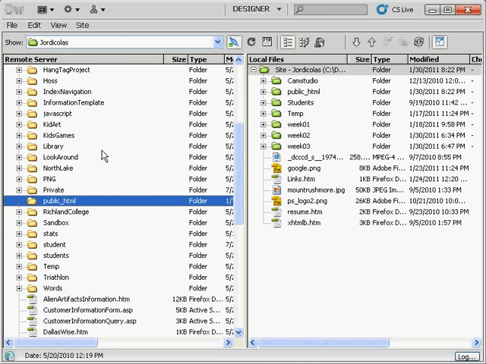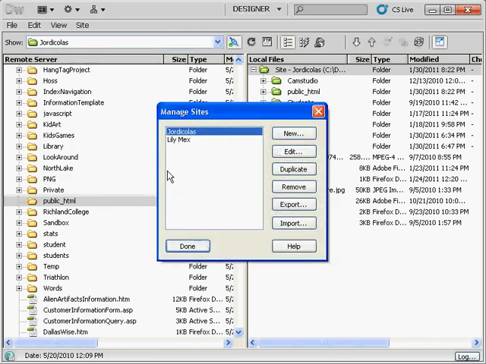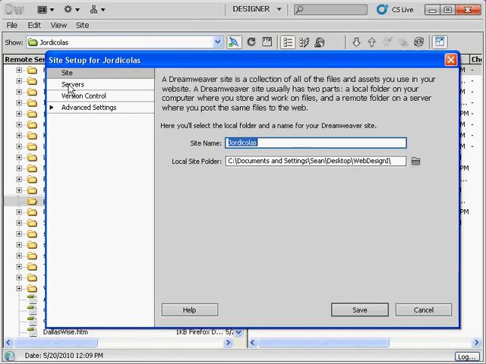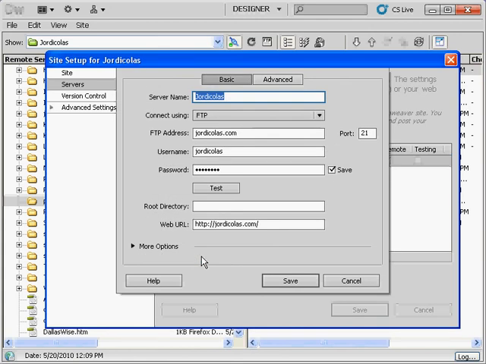So here's what I'm going to do. I'm going to go back into my Dreamweaver site definition by hitting Manage Sites, and then choosing my site, Jordiculas, and Edit. And I'm going to the servers category, and here's my Jordiculas server, and I want to edit that server. And down here in the root directory, I need to put public underscore HTML